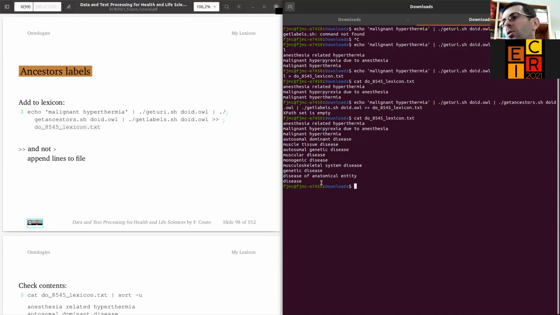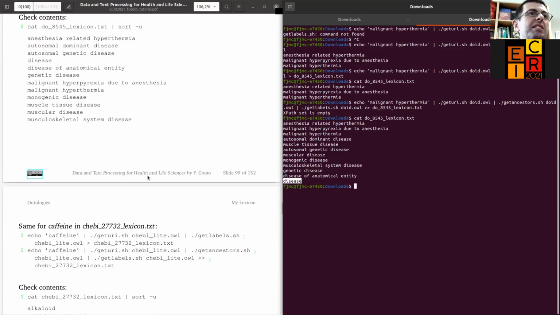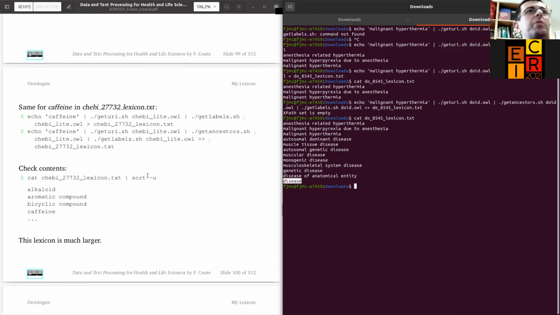If we want to find documents about malignant hyperthermia, we can now search for all these labels here. Of course, some of them are very generic, like disease, and you can make a cutoff: okay, I just want to go until this level of hierarchy. But here we will do it with everything. Okay. So I just did what I said here. We can do the same thing for caffeine. So if we want all